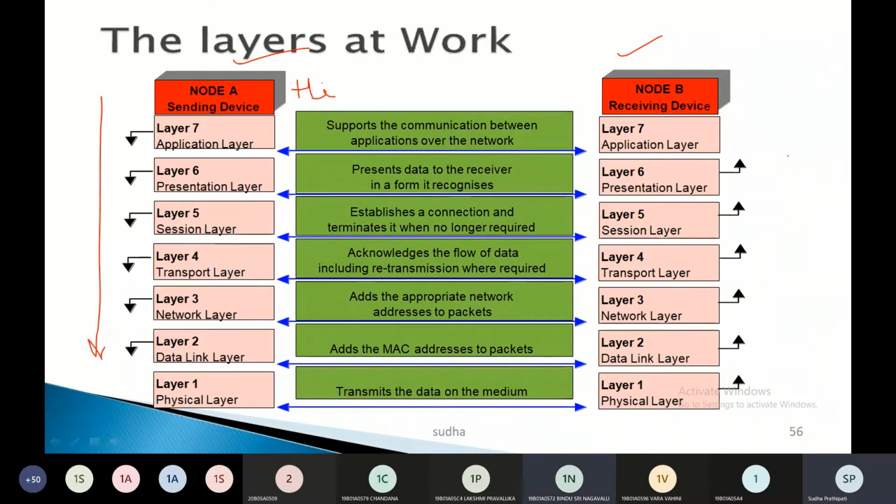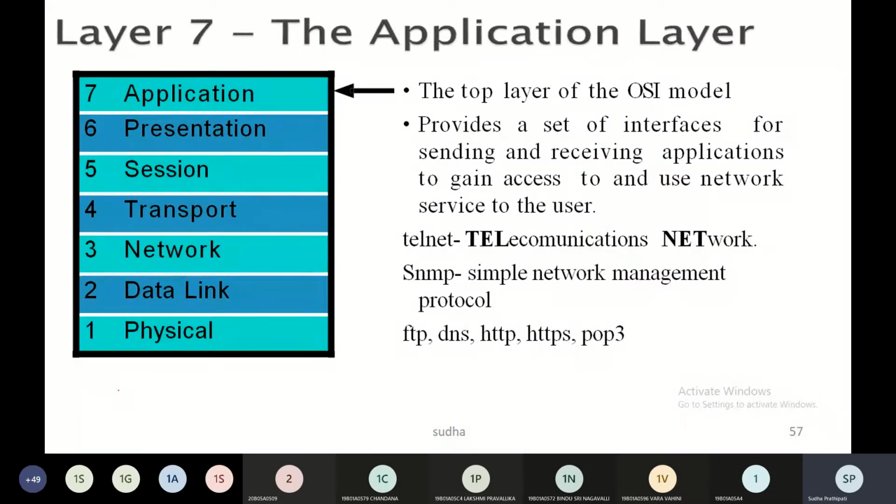Layer accessing is from top to bottom at the sender device. That means layer 7 is accessed first, and then the data is moved down through the layers. That's why I'm discussing layer 7 first.